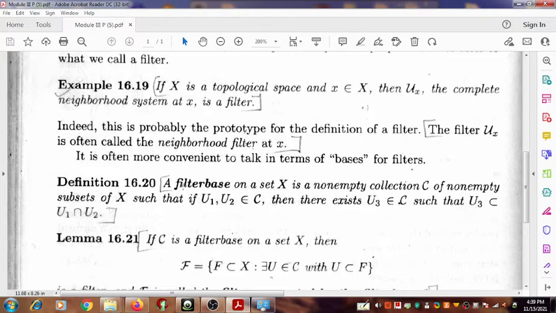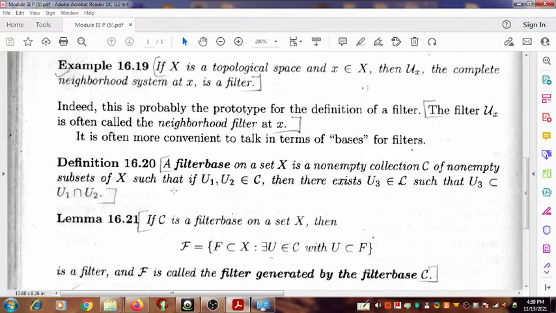Next we have to discuss another definition, the filter base. So what's meant by the filter base? A filter base on a set X is a non-empty collection script C of non-empty subsets of X such that, if U1 and U2